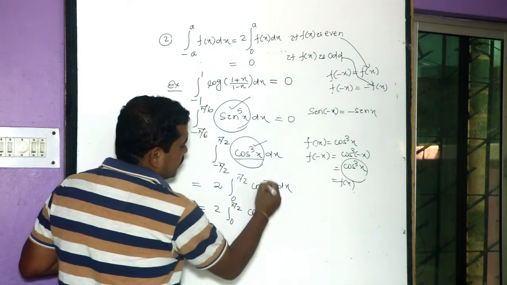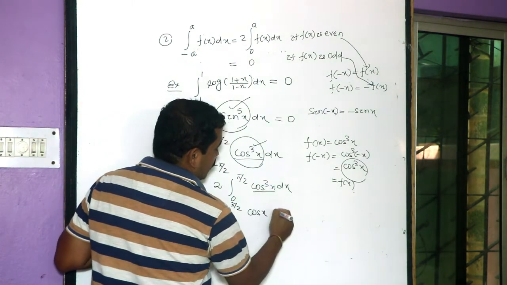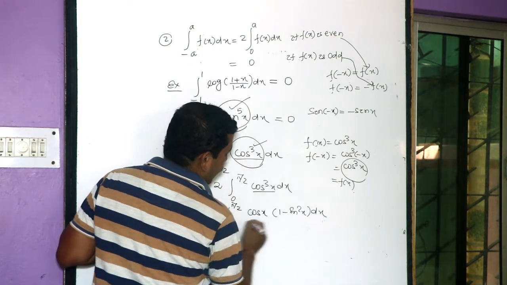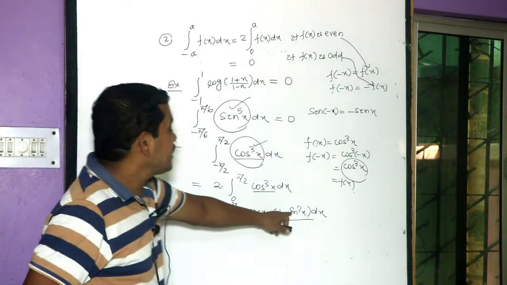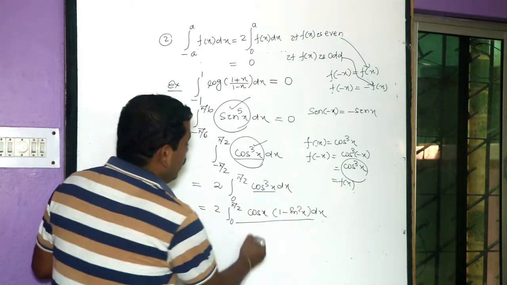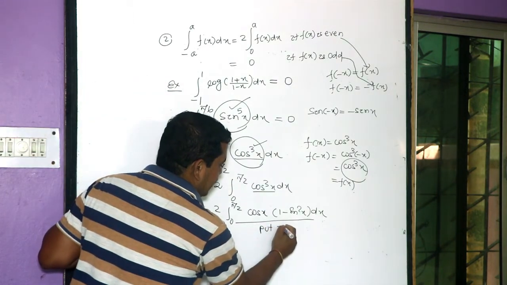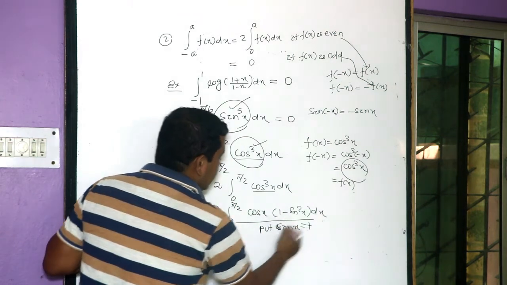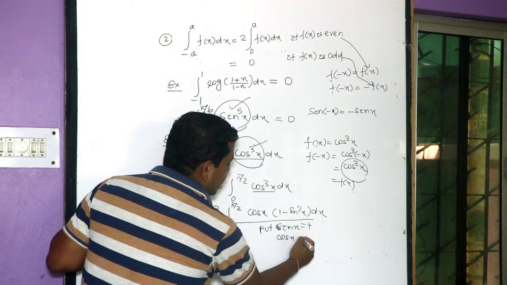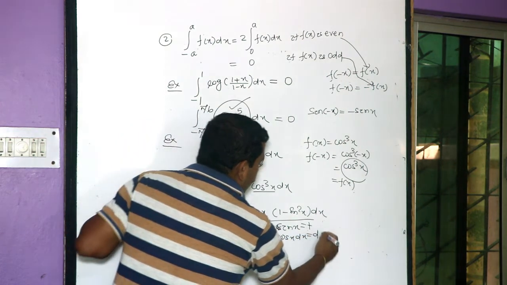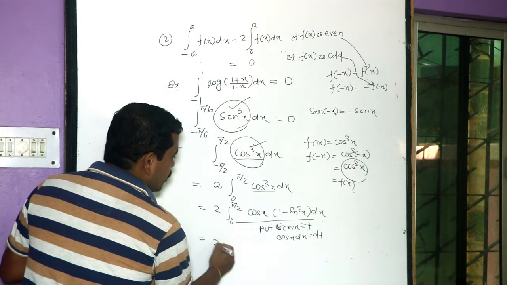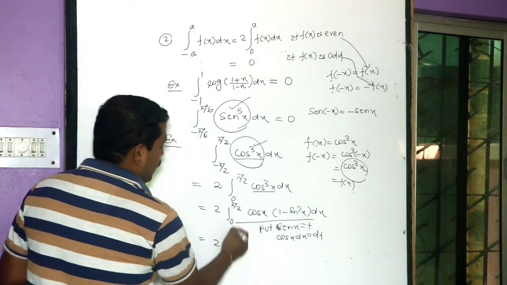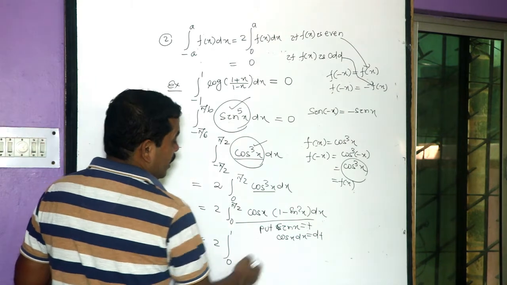Then we can evaluate the integration, which is equal to 2 times the integral from 0 to pi by 2 of cos cube x, as cos x into cos square x. Cos square x is 1 minus sin square x. Now we can evaluate this integration taking sin x as t. Put sin x as t. Then cos x dx is dt. So the integration becomes 2 times, sin 0 is 0 and the upper limit will be 1 because sin pi by 2 is 1,